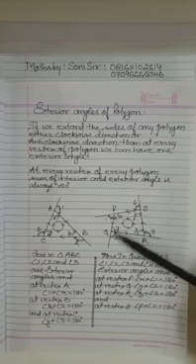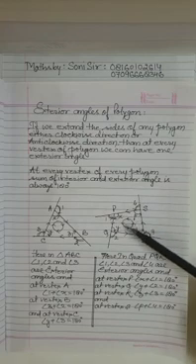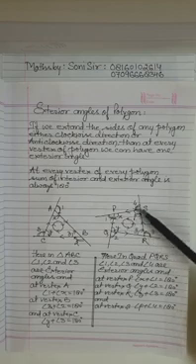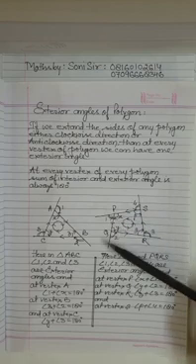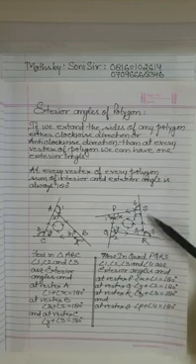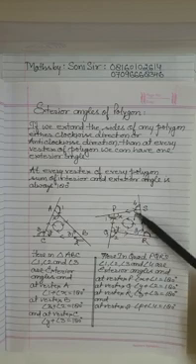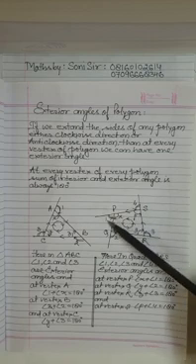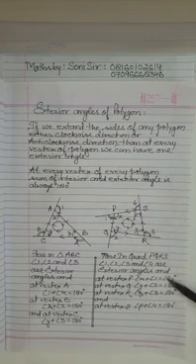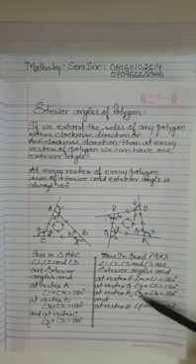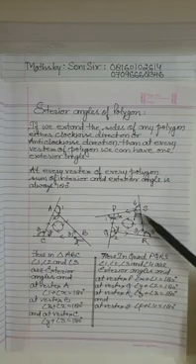Similarly in the quadrilateral PQRS, I am extending the sides in the anti-clockwise direction, which I represented here. I am getting exterior angles 1 at P, 2 at Q, 3 at R and 4 at S. Inner angles are x, y, z, p. Now x plus 1 is a straight line, 180 degrees. Similarly y plus 2 is 180, z plus 3 is 180 and p plus 4 is 180 degrees.